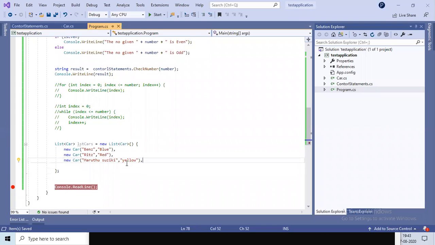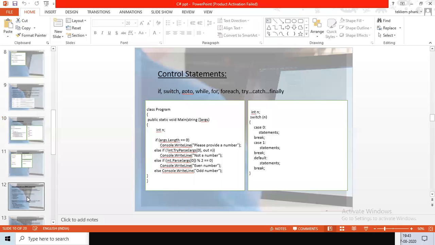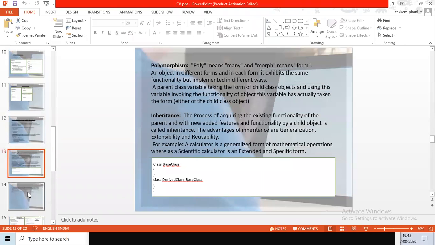So let's say we have three types of cars that we are getting from a database. Instead of this list being static, we will get this list from the database by connecting with ADO.NET. In further examples, we will see how to connect with the database by using ADO.NET.